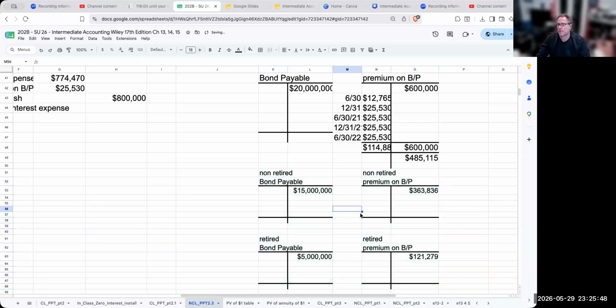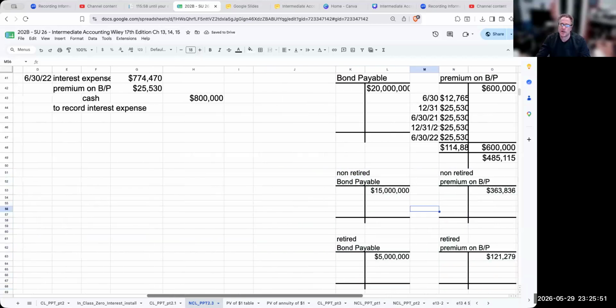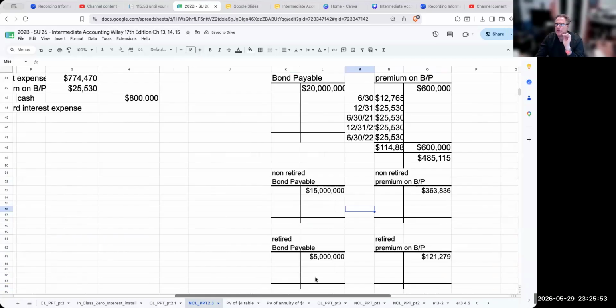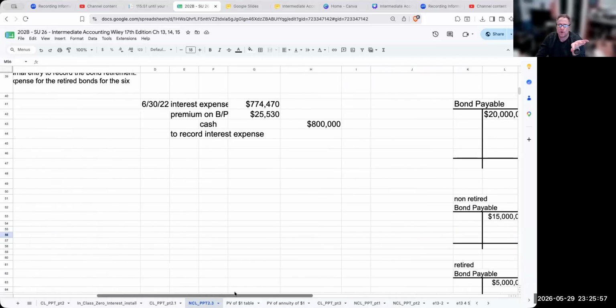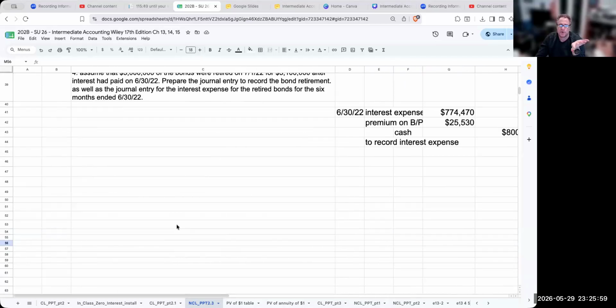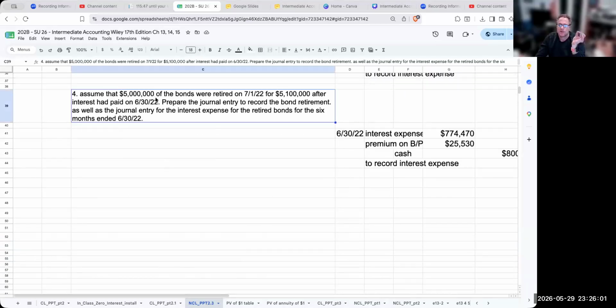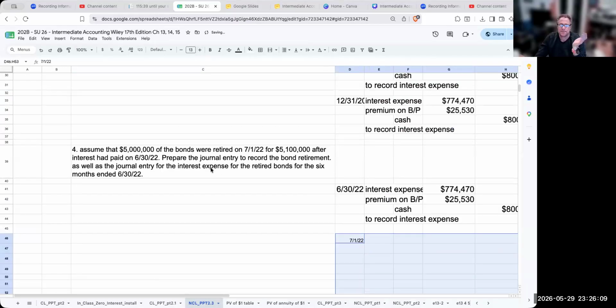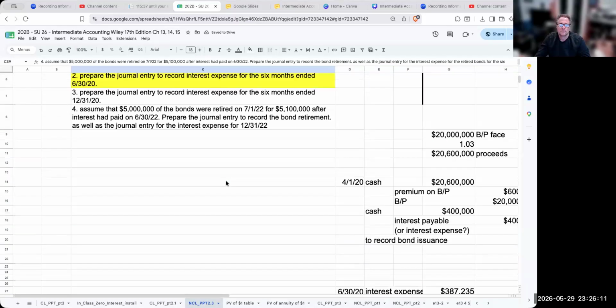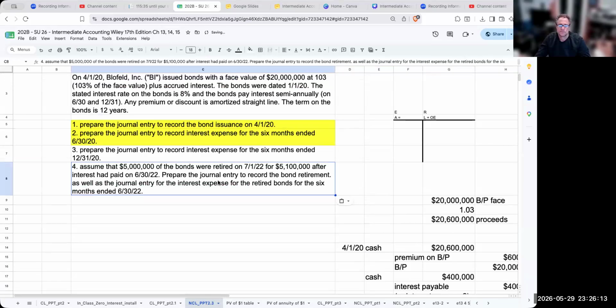Okay. So now when I go through and I look at this, it's going to be a little bit easier for me to analyze with regards to the retirement. So again, what you want to do is record the interest up until that date. And now we're going to go through and retire the bonds, right? So I retired the bonds 7/1/22. And the way I went through and retired these bonds,